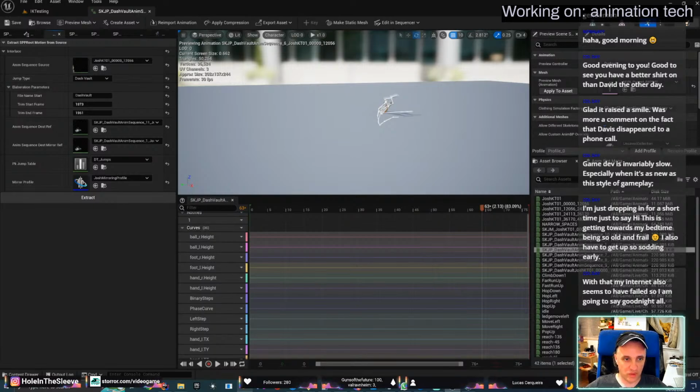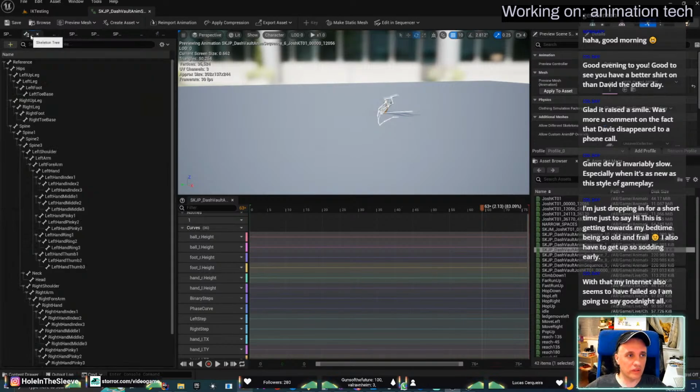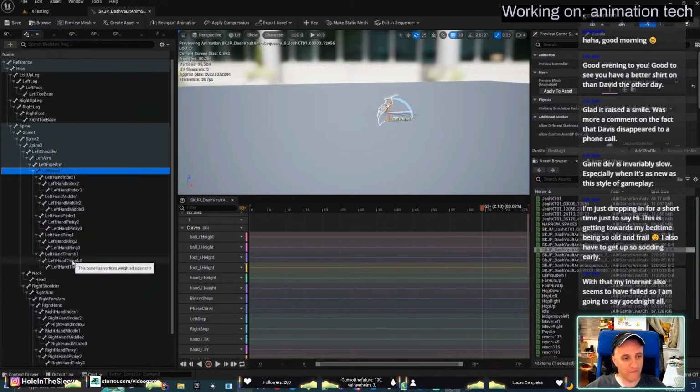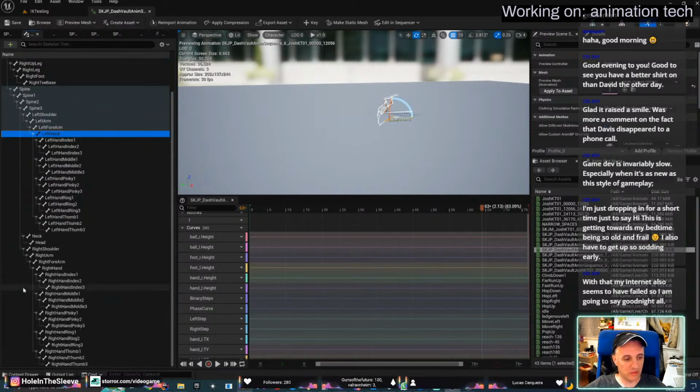Okay. How do I fix it? Alright, what the skeleton looks like. Left hand. I guess like right hand.